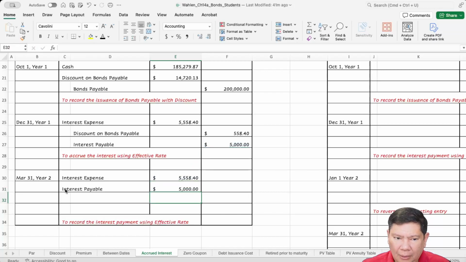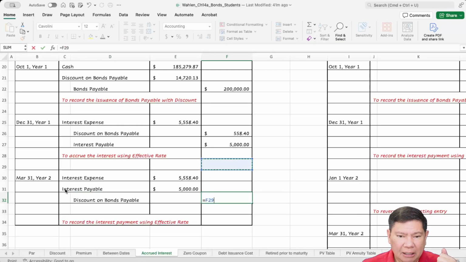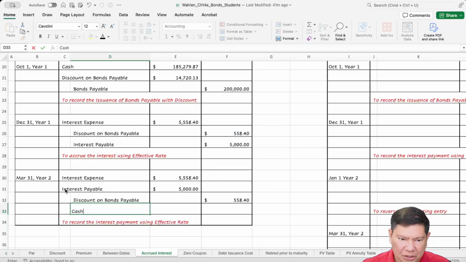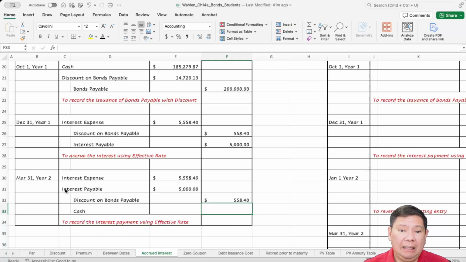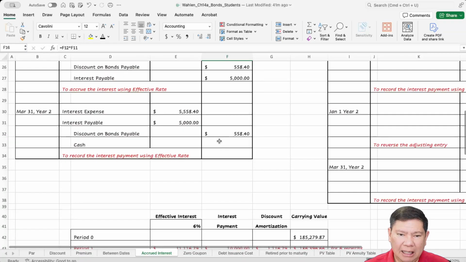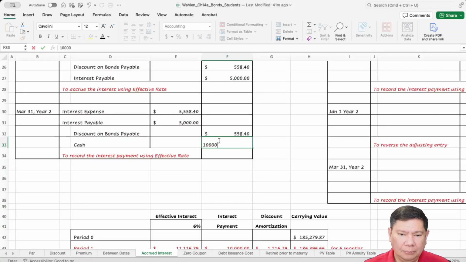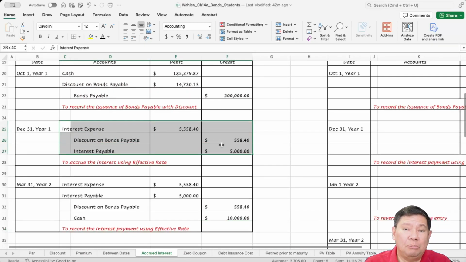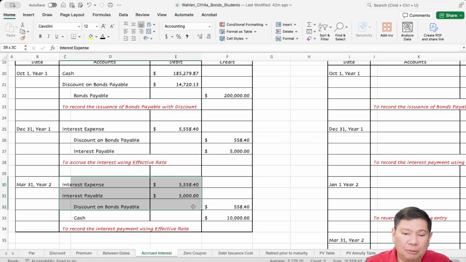$5,000, and then we amortize the discount on bonds payable. Again, this is for January, February, and March. The amount happens to be the same, 3 months. And then we pay cash. And the cash that we paid is always based on the coupon rate here, $10,000. Okay, so that's the journal entry to accrue the bonds interest, journal entry for the first interest payment of those